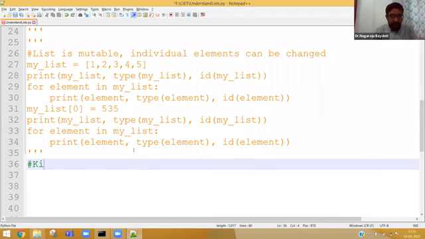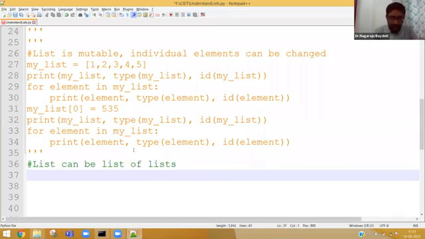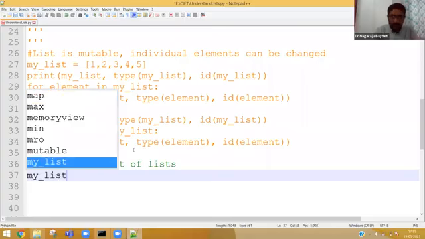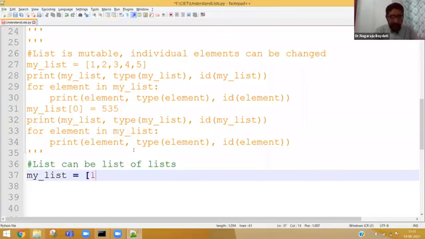A list can be a list of lists. What is that? My list equal to, see, 1, 2, 3, 4, 5. This is a list, but I can keep 3, 4, 5 in another list. See here. What is this? It's a list with another sublist.